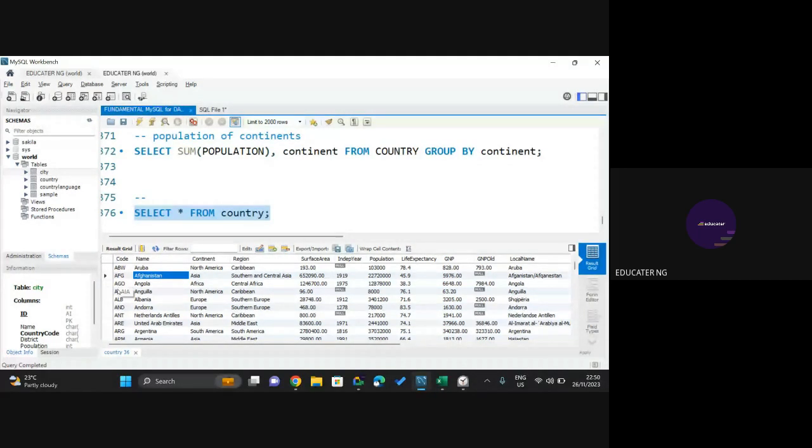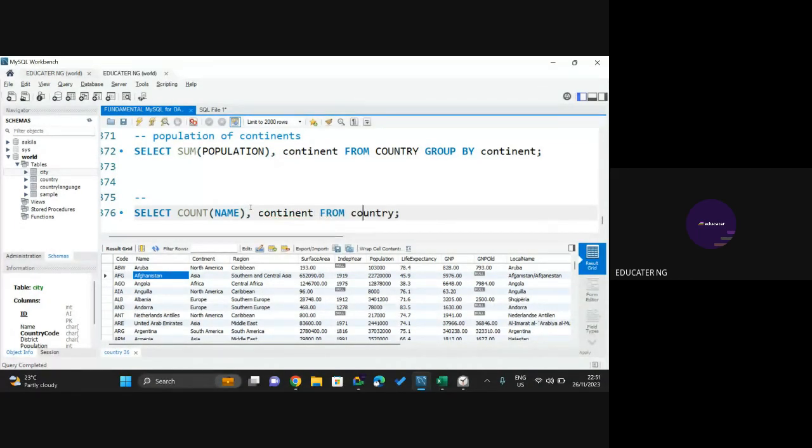You cannot look for the minimum value of text-based columns, or maximum or average. It's like saying the sum of all of these names: Afghanistan plus Nigeria plus Argentina plus Europe plus, it doesn't make sense because those are text-based. You won't get one value. So in this case, we are going to use count, either count of code or count of name. So we can say select count of name, comma, continent